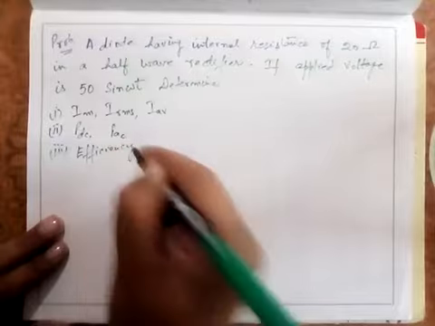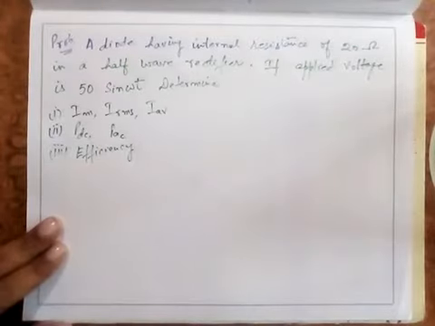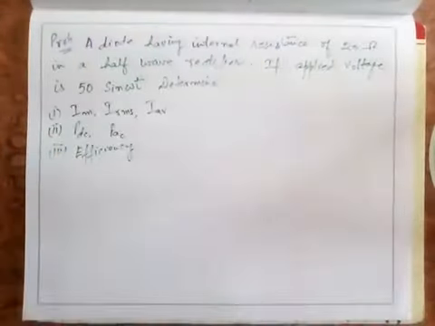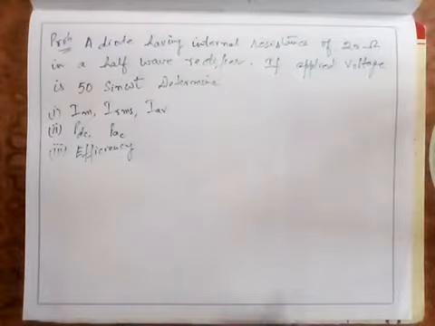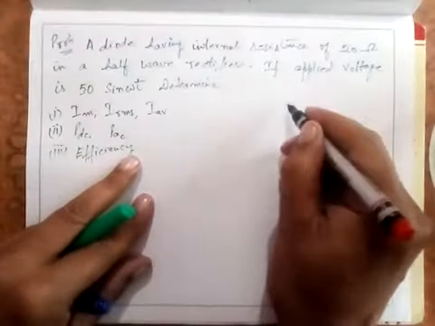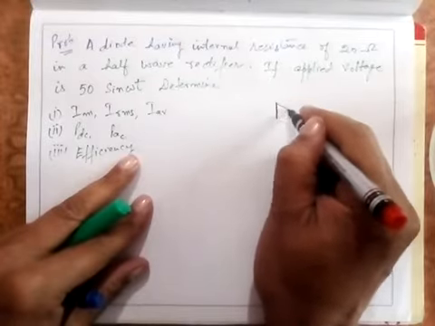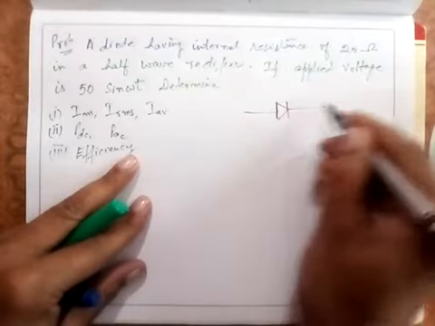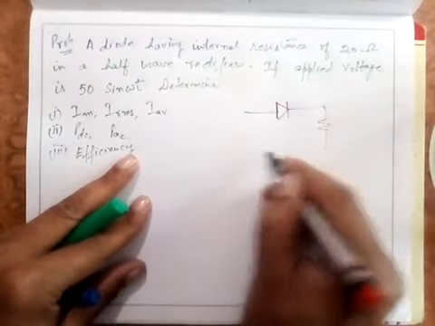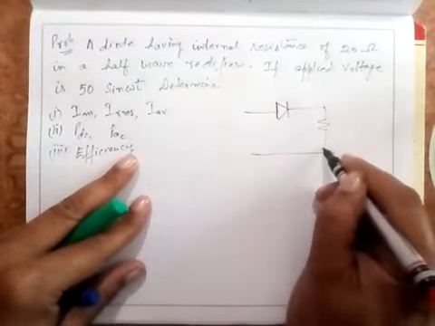That's all, if this is a numerical. Now see, if I draw the circuit diagram for this particular figure, it will be simply like this: you have a diode here. I'm not using the transformer, I'm dealing after the transformer, because transformer specifications are not given to you. There's a diode here and there's a load resistance.